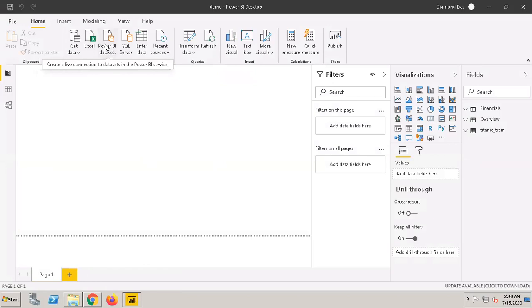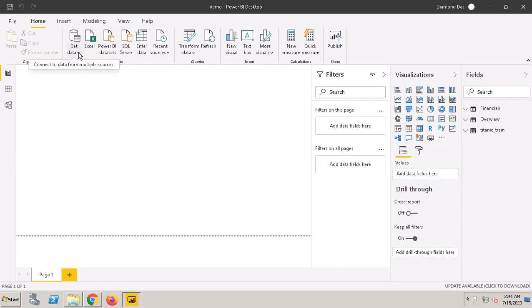As we go along, we will understand the Power BI datasets. If you want to pull data from an Excel or SQL Server data source, you can always do it.